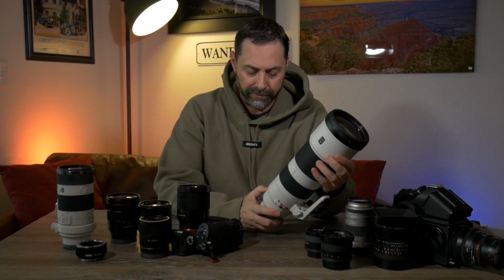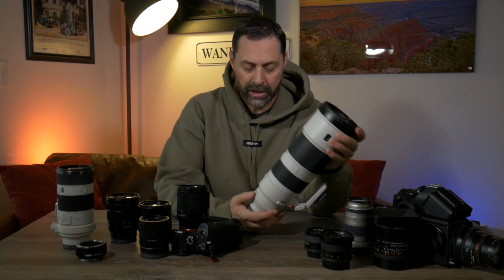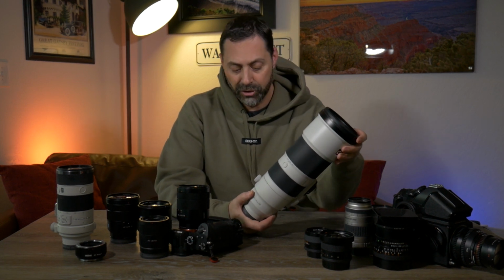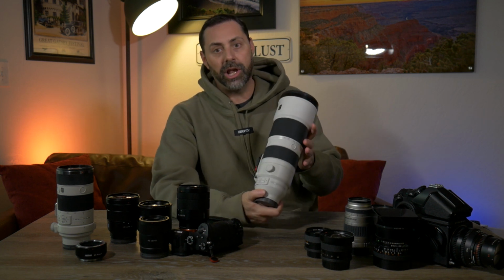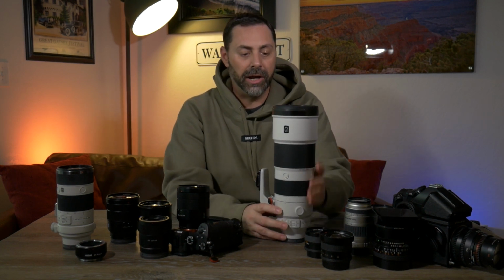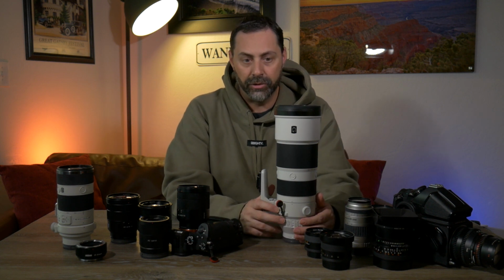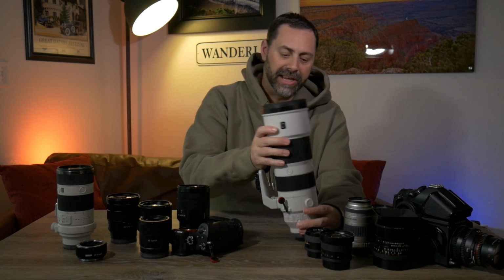This is the 200 to 600. And this is a 5.6 to 6.3. It's image stabilized, but just a solid performer. And from time to time, when I do want a really big telephoto lens, this takes the cake, and I